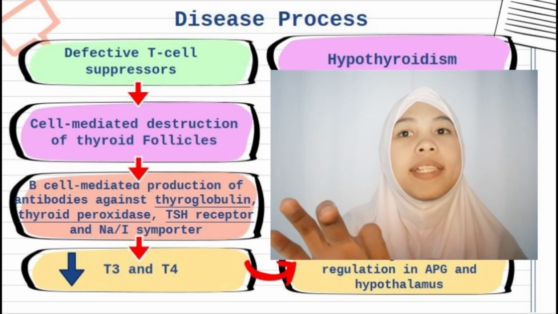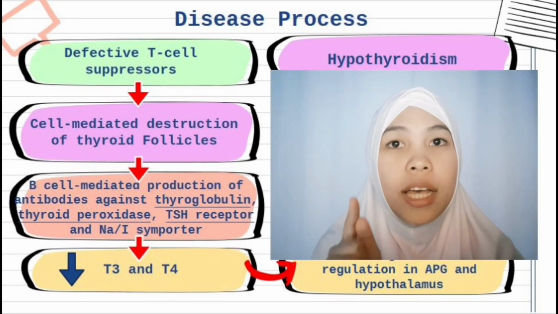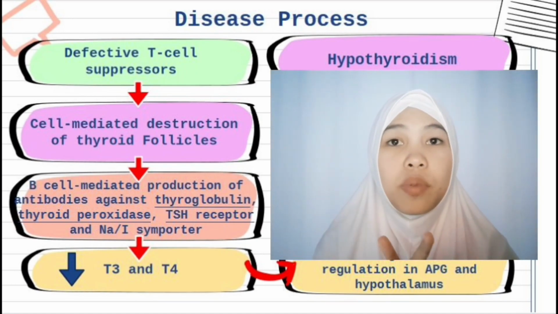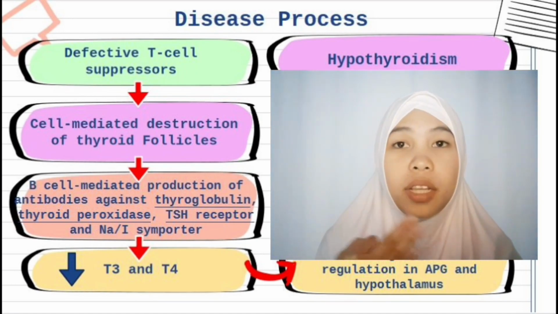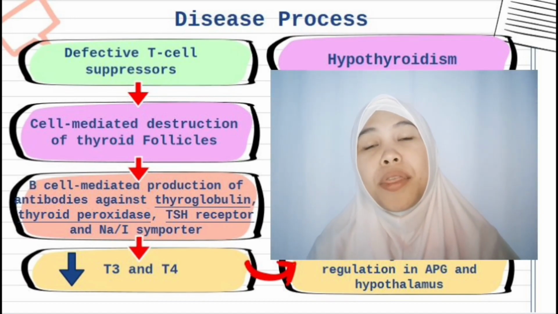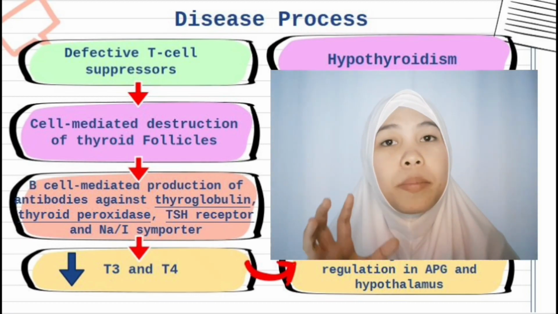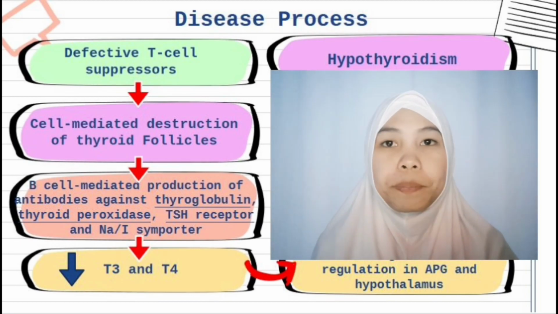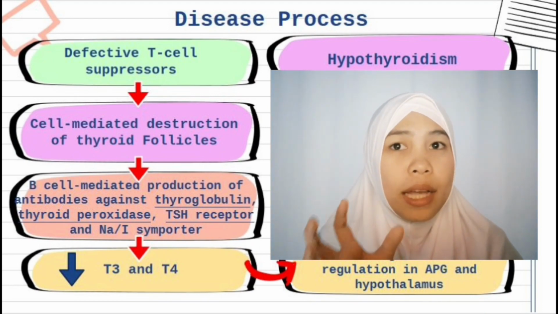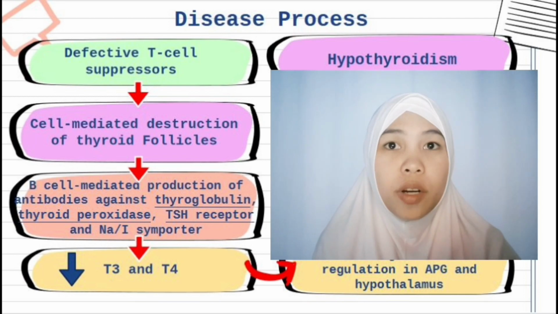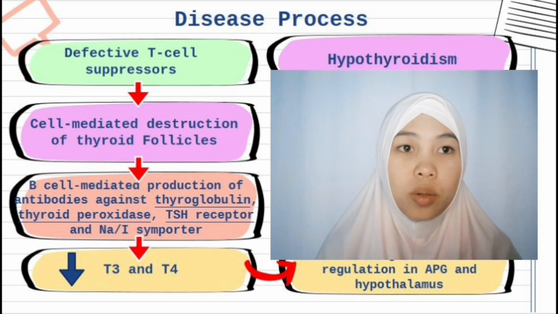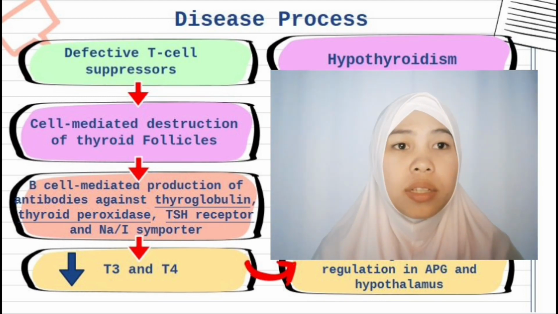So those mentioned: thyroglobulin is a protein, thyroid peroxidase is an enzyme, TSH receptor, and then sodium iodine symporter, which is a membrane protein. So if there's a problem with those mentioned, if there are antibodies against them, of course it will inhibit the production, the absorption or presence of those mentioned, so